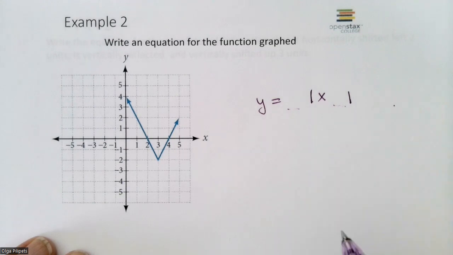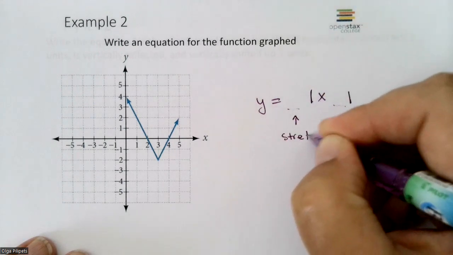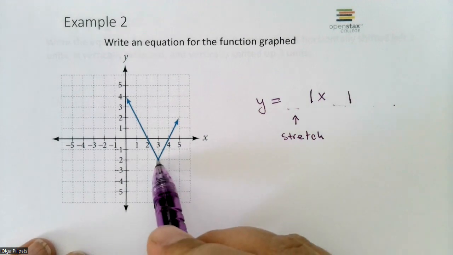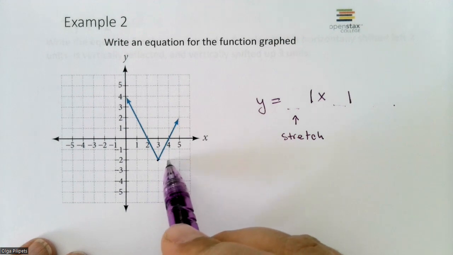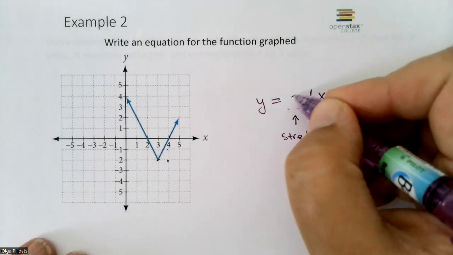Okay, so our coefficient here, that's a stretch or compression. Let's see. So the function goes twice as fast again. As we go to the right once, we have to go up twice in order to get back to the function. So the stretch is going to be 2,